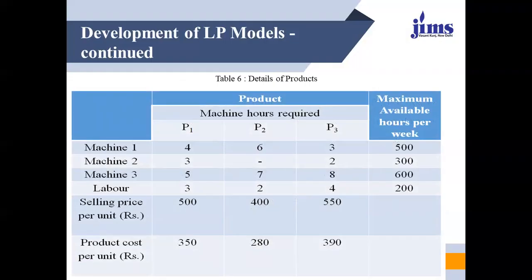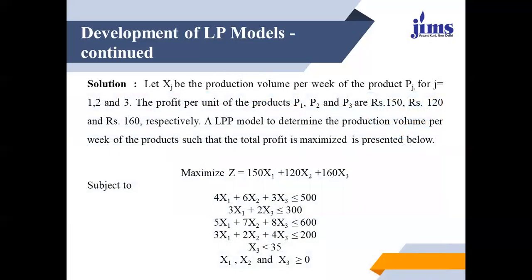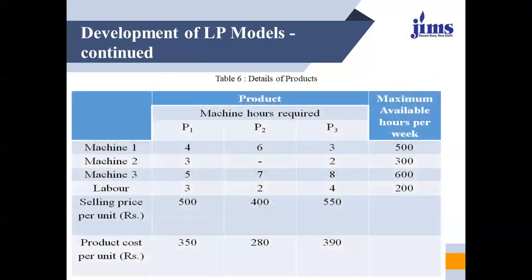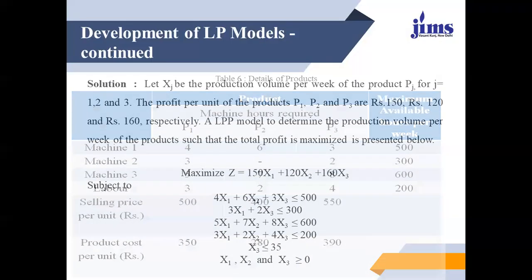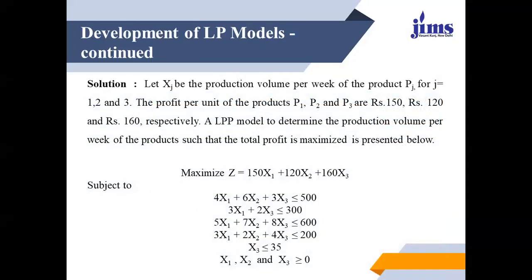Similarly, you can write 5x1 plus 7x2 plus 8x3 is less than or equal to 600. And for man hours or labor hours, you say 3x1 plus 2x2 plus 4x3 is less than or equal to 200. And obviously, as we have seen in all other previous problems, there is a condition that all the